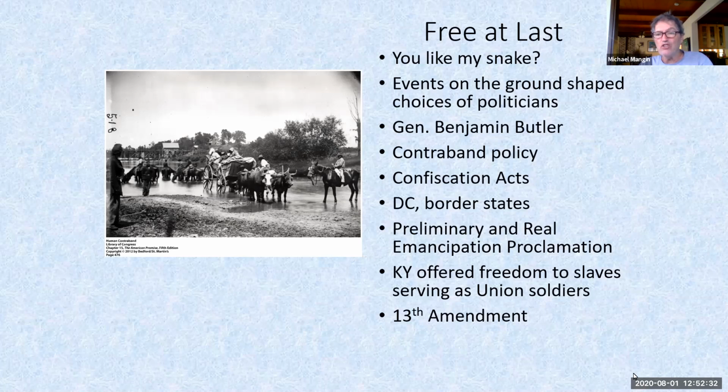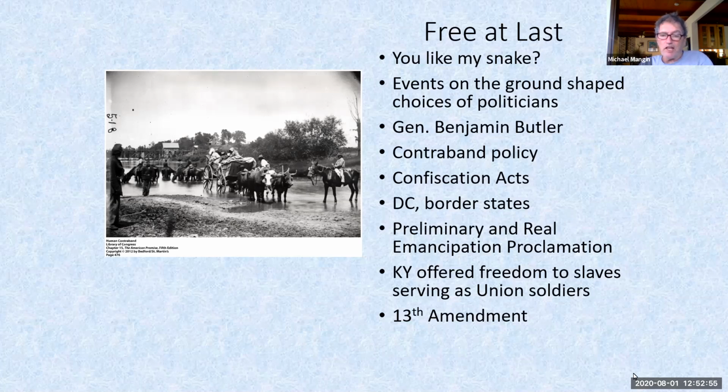It only went into effect as the Union Army began to move through the South and liberate the slaves. But it only applied to those parts of the country that Lincoln didn't control. So it was a wartime measure, but it was enforced